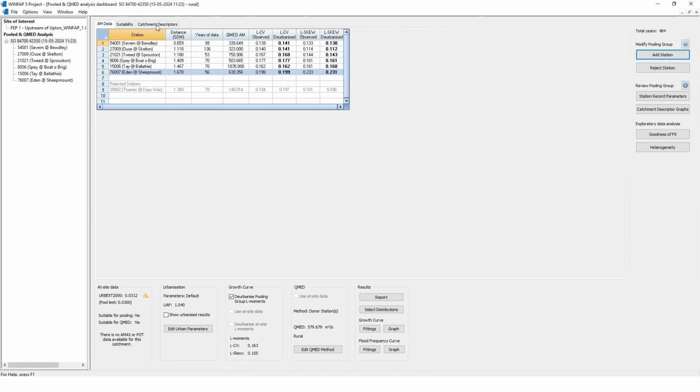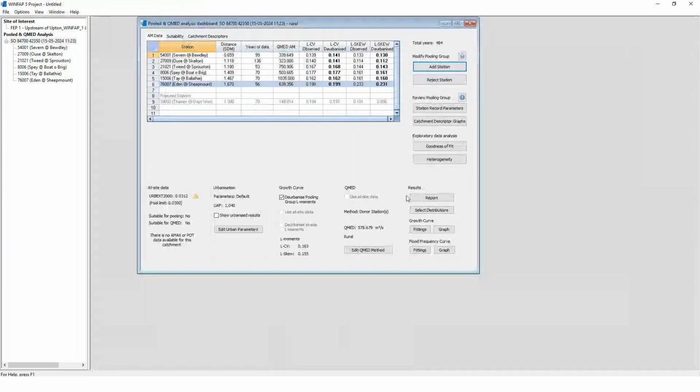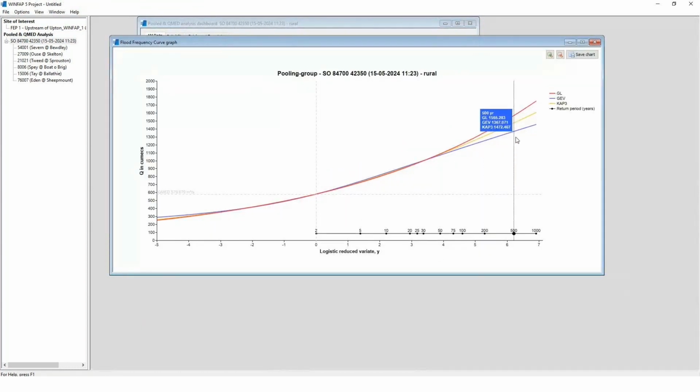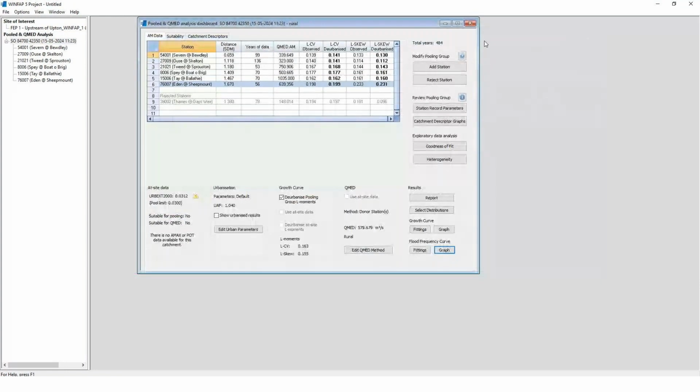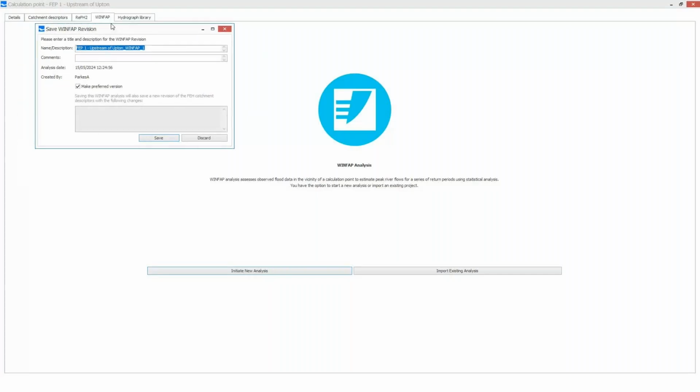Once I'm happy with my pooling group, I can look at my flood frequency curves, look at that as a graph. And here we've got the estimates of my extreme flows for different return periods using several different probability distributions, GL, GEV, and GPA3. Once I'm happy with this, I can export it to Flood Modeler. So if I go File, Save to Flood Modeler, and then quit WinFAP, when I come back into Flood Modeler,